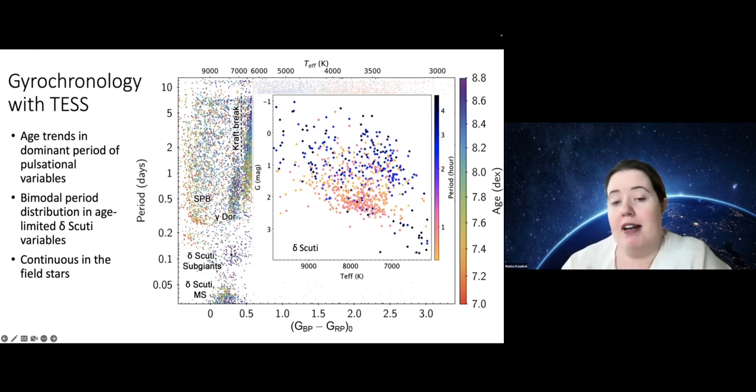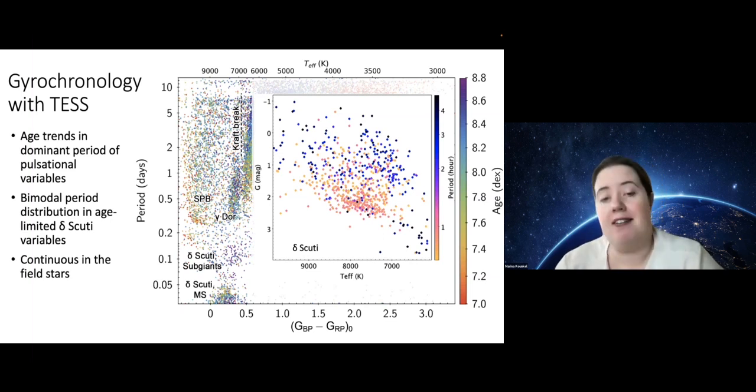having a longer period. Now, normally, if you were to just go to your favorite catalog of variable stars and download them and look at all the Delta Scuti stars, you'll see a continuous period distribution up to a period of around 7 hours. Here, we do have this bimodal distribution. And most likely, this originates from the fact that we have an age-limited sample. We don't really have any stars here with ages older than 1 billion years.